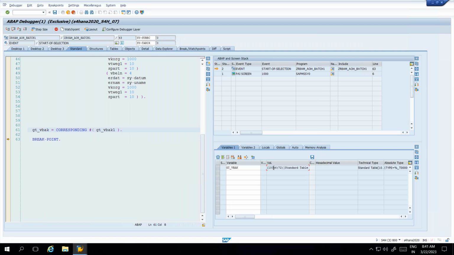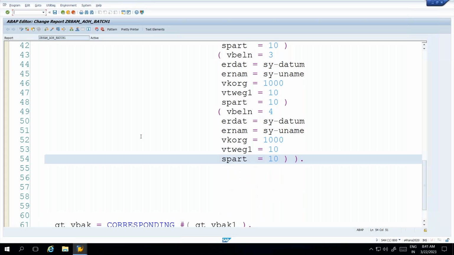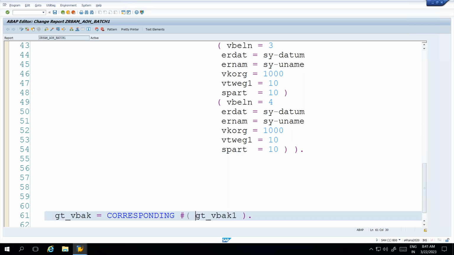So if you are writing your new statement, it is like an overwrite. Now I want my existing records as they are, and then I want to use my corresponding hash. So in that case, you need to use the base again. Base, base. What is your table? GT underscore VBAK, GT underscore VBAK, and